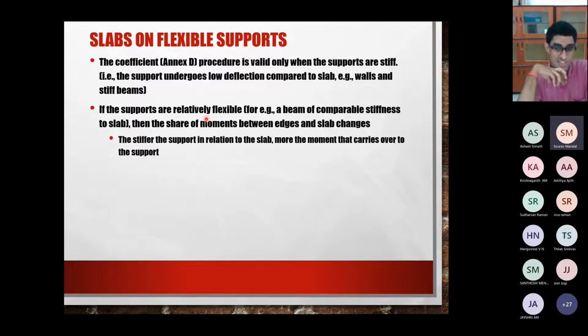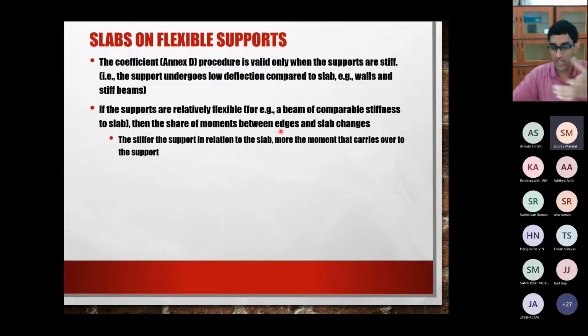More span moment? Beam with 2EI. So how did you tell that? Stiffness, 4EI by L or 2EI by L, whatever. Yeah. So basically, you have that stiffness, and that's how you get the distribution factor. Okay. So the distribution factor depends on the relative stiffness of everything which joins at that particular point. There's beam on many sides. So the distribution factor itself depends on that. And you say whichever is stiffer will have a greater distribution factor, and you give more moment to that particular beam or to that particular side.